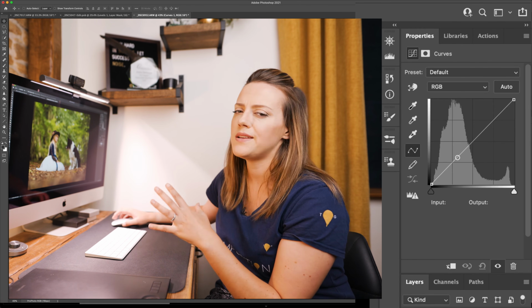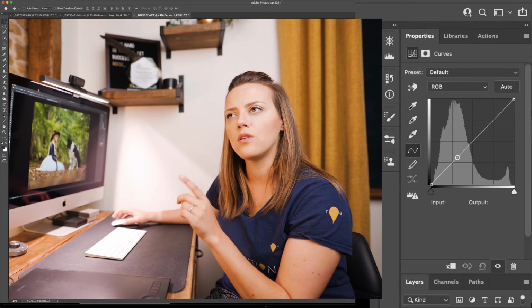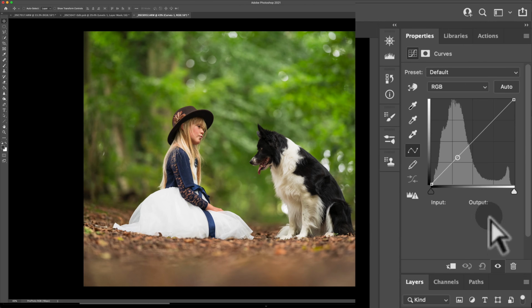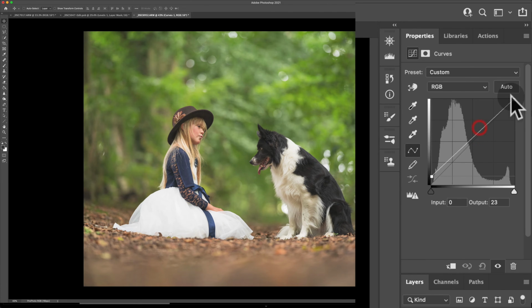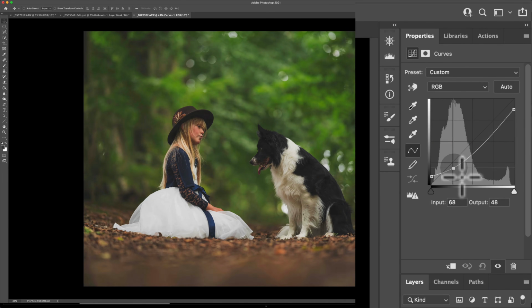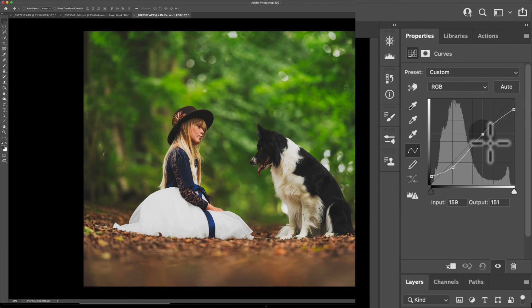So this image isn't edited, so it's pretty difficult to get a handle on what this would look like at the end, but a typical matte would be essentially to go ahead, lift the blacks, drop the whites, and then add a contrast curve. So adding a contrast curve to that would give you a matting effect